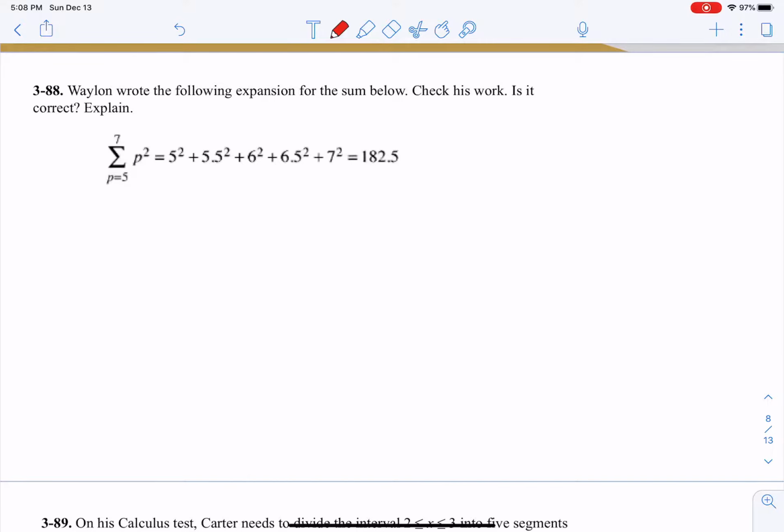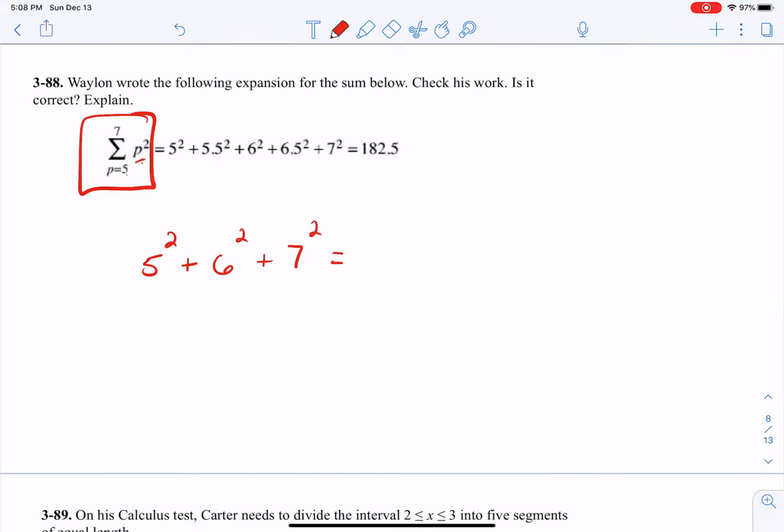So taking a look at problem 88 and checking Whelan's work, if this is my problem, my argument is p squared with an index going from 5 to 7. So the first term in this sequence is going to be 5 squared, the second term 6 squared, and the third term 7 squared, giving me a sum of 110. So this is not correct